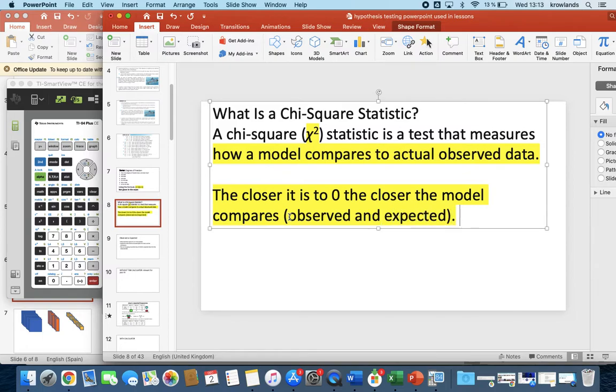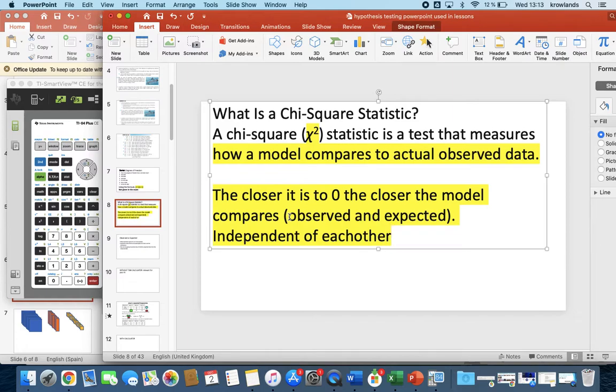And also, if the models are very similar to each other and they're very balanced, you can say that the results are independent of each other. This normally happens when there's no real sort of difference in the table. When the table looks quite similar, all the numbers in the table look quite similar to each other, we're going to say they're independent. Whereas if chi-squared is very large,